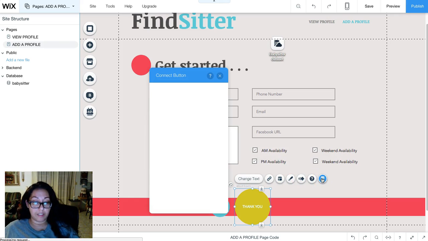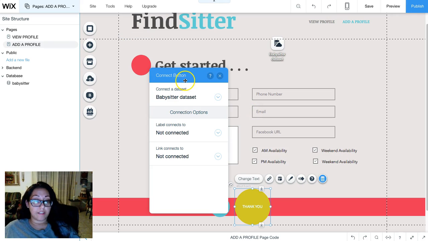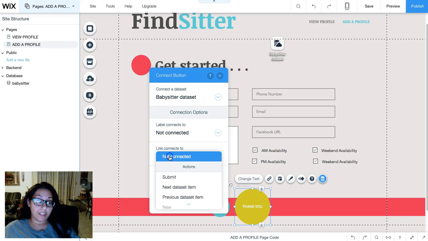So I'm going to click on the database, and the database already knows that I've selected a button, so now it wants me to label it. Is it going to link to a specific label that I have somewhere? No, I already chose my specific text, and I'm going to leave it like that. I just want to put, well, actually I'll change that. It says thank you. I'll put submit right now. And then what do I want to link it to? I want it to link to an action. I want it to submit the